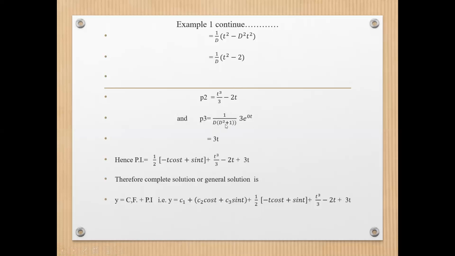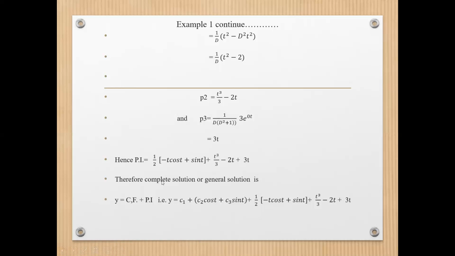What do we get? Multiply D inside. We get D cube plus D. Take the derivative, 3D square plus 1. If we put 0 in place of D in the denominator, it becomes 0. So take t in the numerator and take the derivative of the denominator. Here do not treat it as the product of two terms. Multiply D inside the bracket, we get D cube plus D. Take the derivative, 3D square plus 1. So we get 3t upon 3D square plus 1. Put D equal to 0. We get 3t.